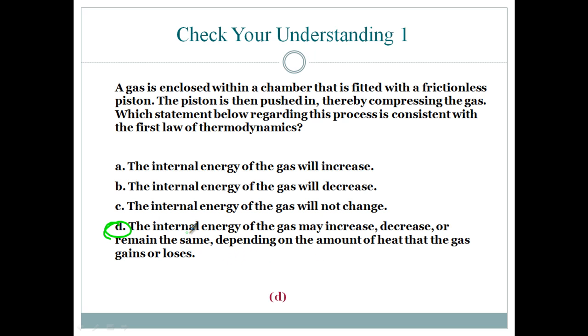All right, so we can't really tell if the internal energy increases, decreases, or remains the same. It all depends on how much heat is going into that system or how much heat is given off by that system. So if we have a cylinder with a piston, if we put some heat in, it's obviously going to increase the energy, so plus U. But if we have heat going out, we're going to have minus U, and this piston's going to go down. And if we have plus U, the piston's going to go up.